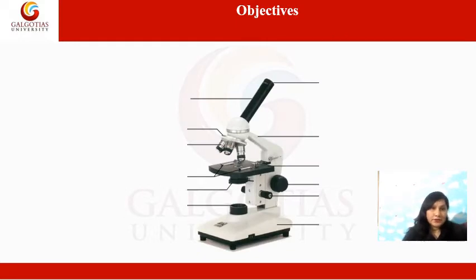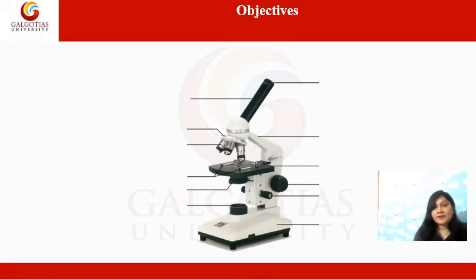So students, you all must have experienced working on a compound microscope in your previous class. Most probably in the biological labs where you have to study so many micro-sized cellular or subcellular components. So if I asked you to label this compound microscope, will you be able to correctly mark all the parts of this compound microscope? Okay, I am giving you 2 minutes. Just do this exercise in your mind. Then I will show you the correct labeling of the parts of the compound microscope.